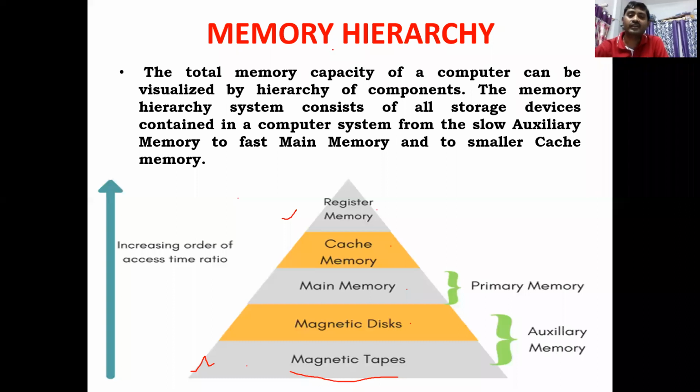This is the hierarchy of your memory, out of which main memory is also known as the primary memory, and there are two types. One is read write memory, the other is read only memory. Sometimes we call read write memory random access memory, and there are two different types: static RAM and dynamic RAM. We have seen the access methods for static RAM as well as dynamic RAM and the differences between these two, right? And the other one is ROM, the read only memory.